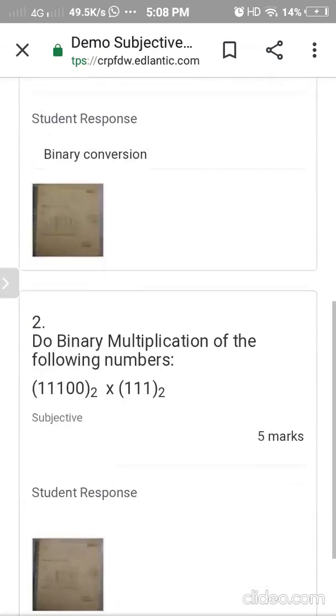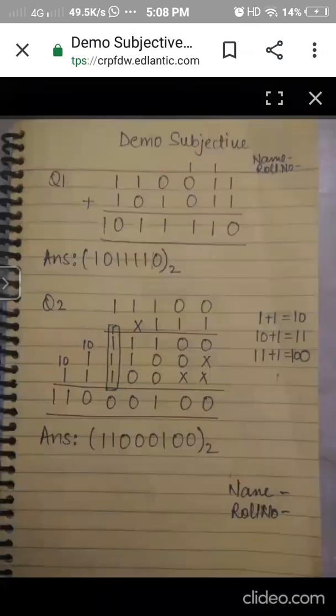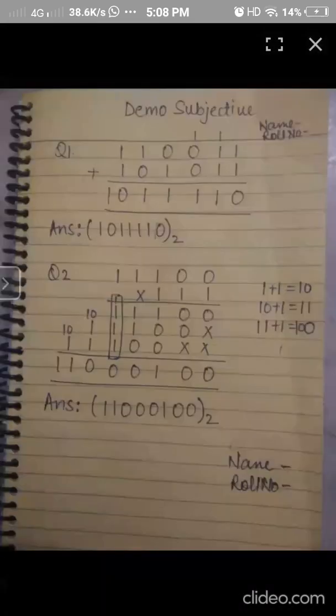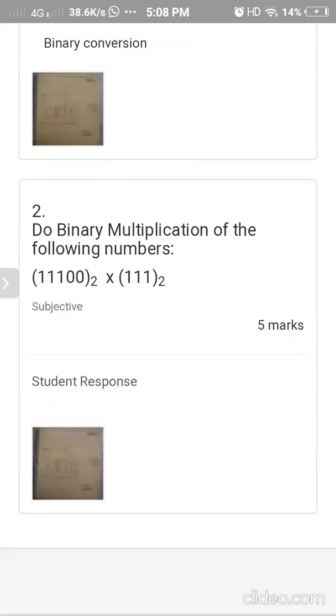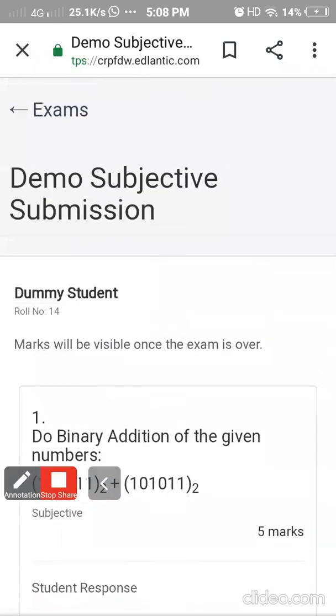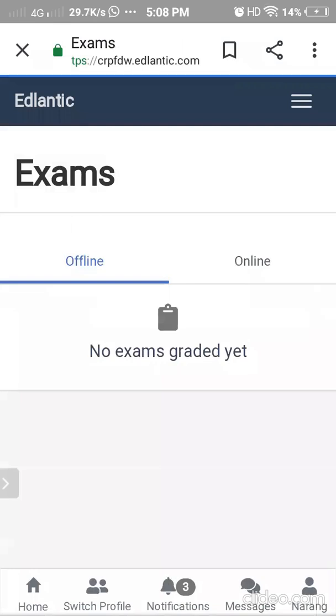And check. You will be able to see all your responses which you have uploaded. So this is how you can click the pictures and upload in the subjective exam. I hope it is clear to everyone now how to attempt objective as well as subjective exam.